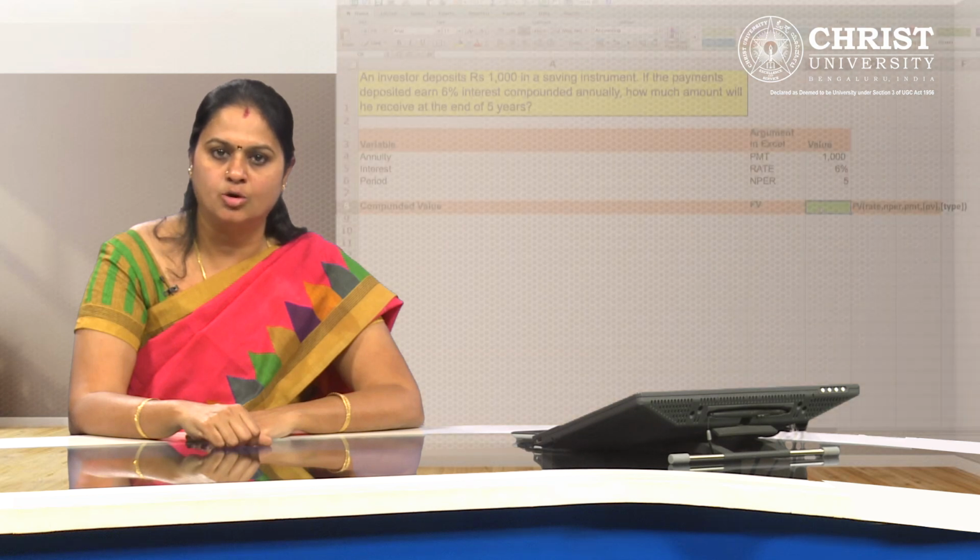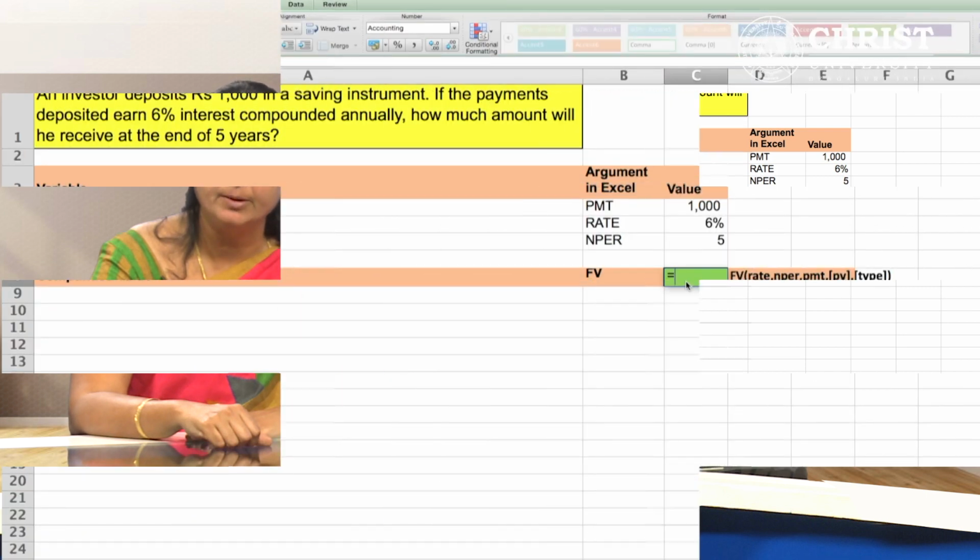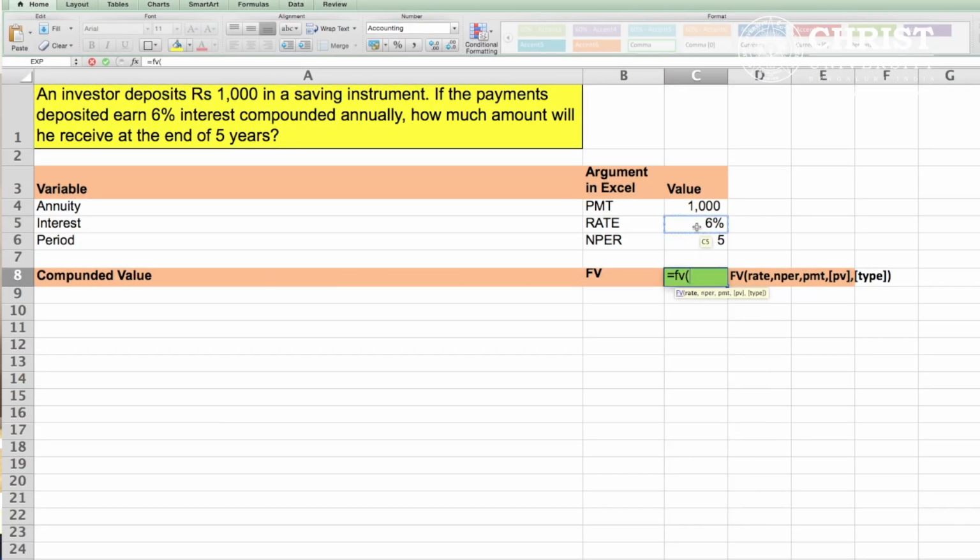Let us see how to use Excel to find the solution to this. Annuity is referred to as PMT in Excel. We already know all the other arguments. So, let us open Excel and we want to know the future value. So, FV, again let us input rate, then NPER which is 5 here. We will now use PMT as it is a series of cash flows, and we will not put anything in PV as there is no lump sum involved, and let us ignore type for the moment and close the bracket. We get the same answer we got by using the formula.